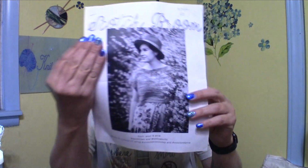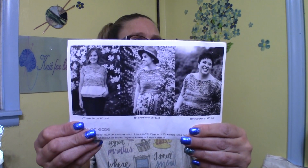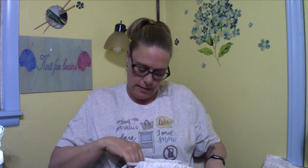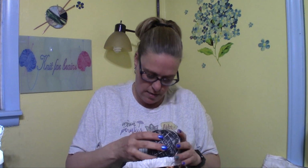Now, they show it as a crop. This girl don't do crop. I am going to make mine longer, like a normal sweater length. Because, yeah, I don't do crop. The yarn that I got from Arkansas Yarn Co. when I was there